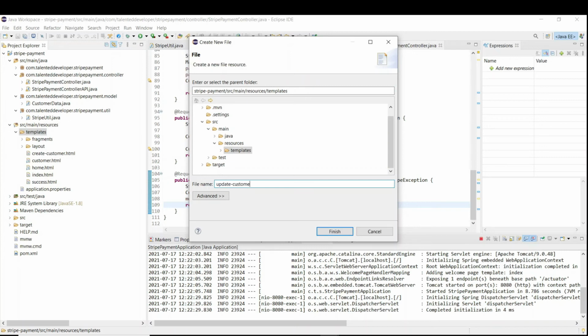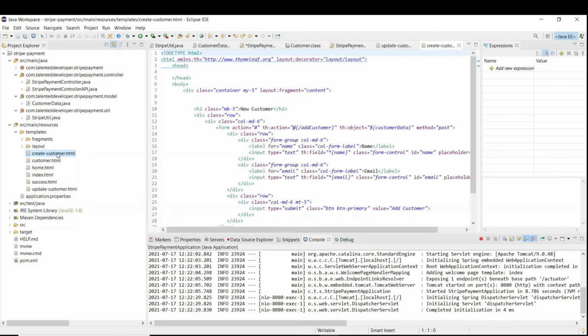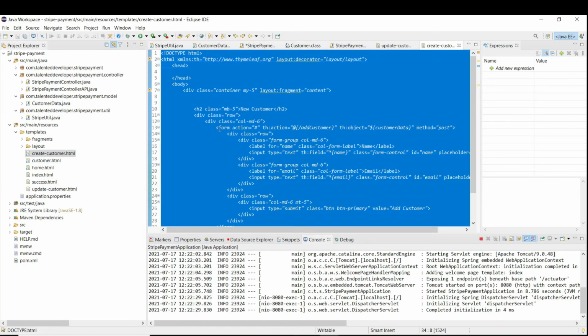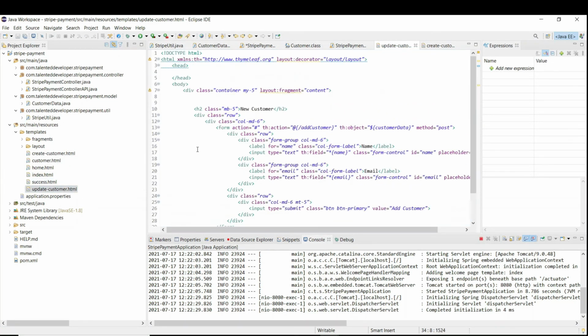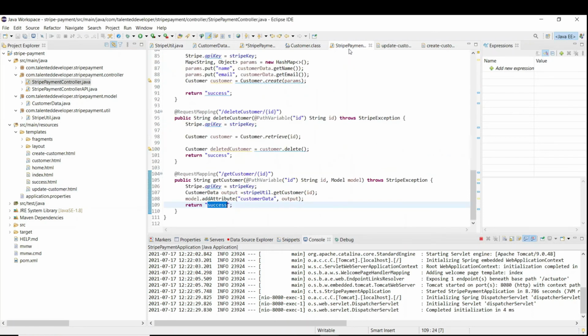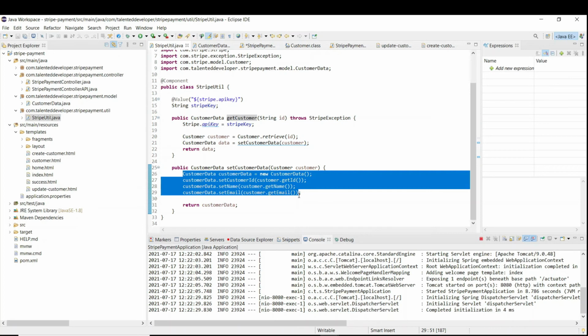And what I will do here, come to this create customer, copy this whole thing and just paste it here. Here give the name like update customer, and in future we'll update with this name, update customer. And if you see here customerData, right, so here I've just set customerData. This will hold our three variables' data, right,